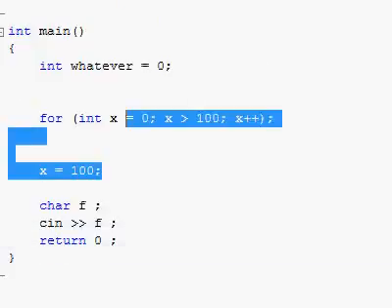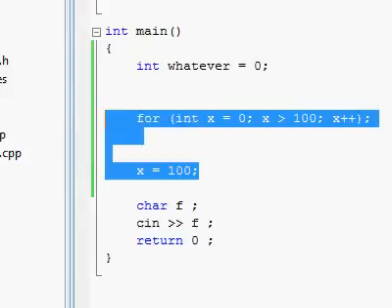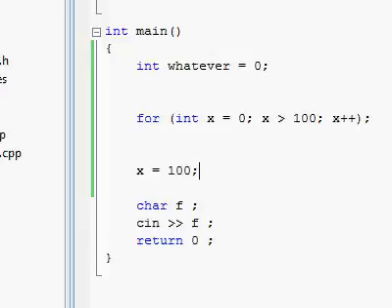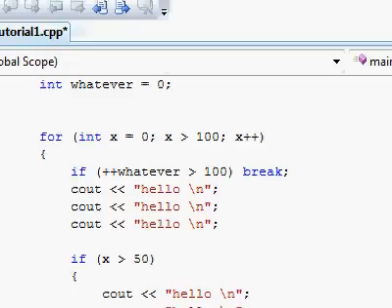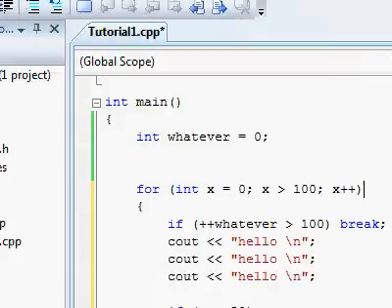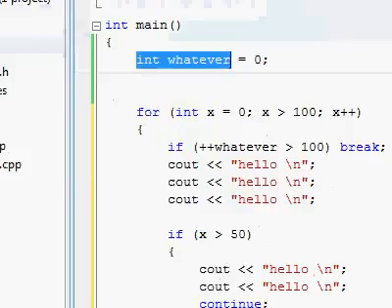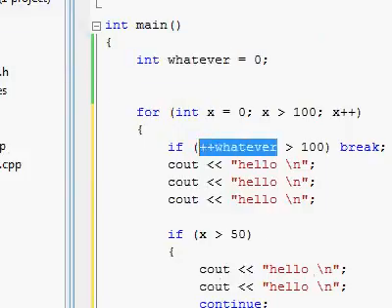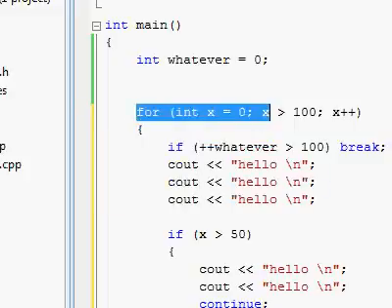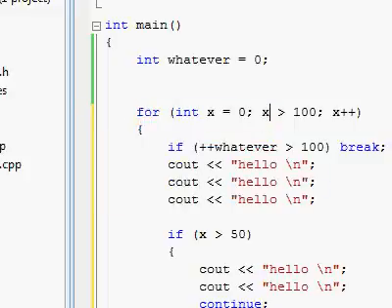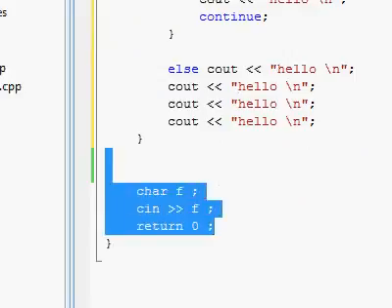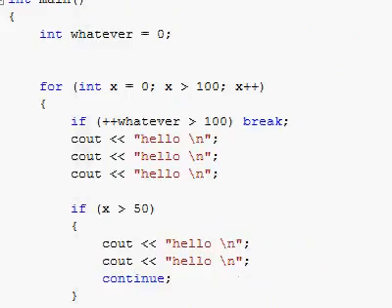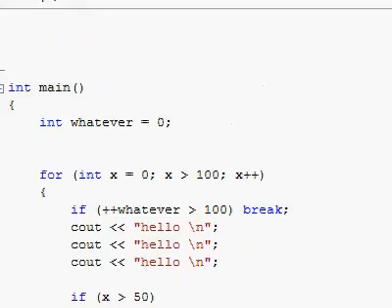So basically all the rules of scope and visibility that we explained in a different video apply to all of these loops, whether they have an opening and closing brace or they don't. For example, since we created the whatever variable over here, it is visible inside of this scope of the for loop. However, since integer x was created inside the for loop, I can't use it after the for loop because it's done. And every other rule that we explained in a different video applies too.